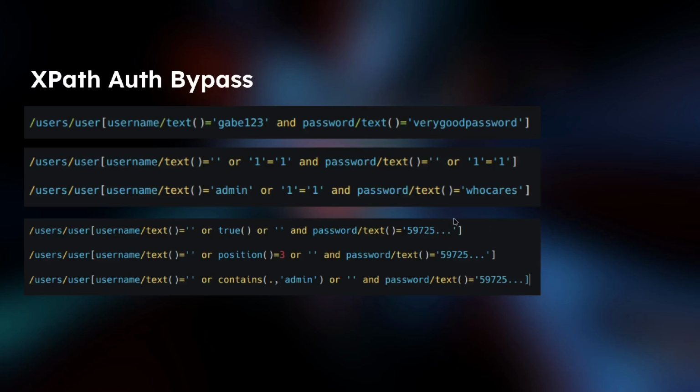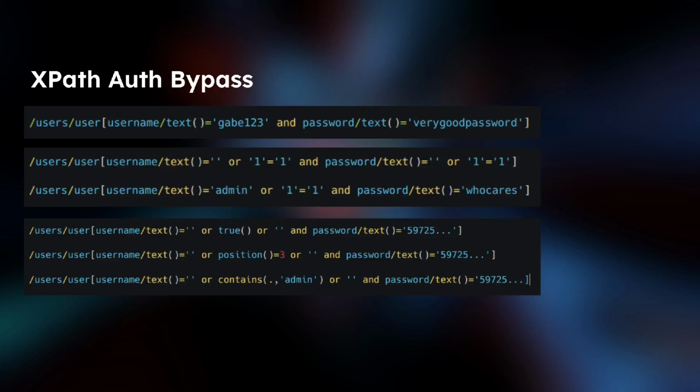Assuming nobody's using our entire payload as their password, the query is not going to return any nodes. So if we don't know a username either, then we're kind of stuck and we need to come up with a new strategy. And in this case, you can do this double or clause,